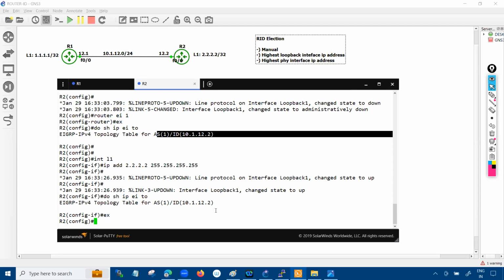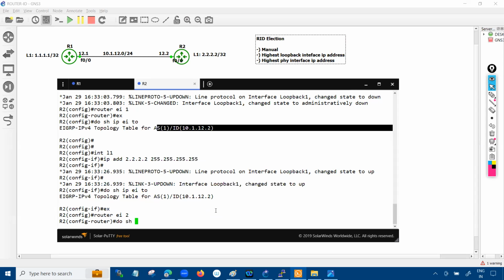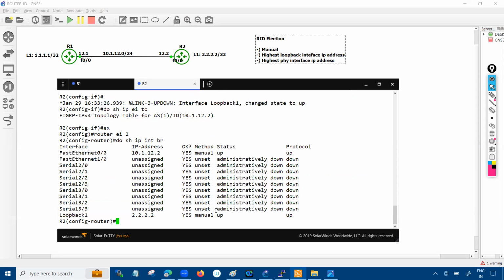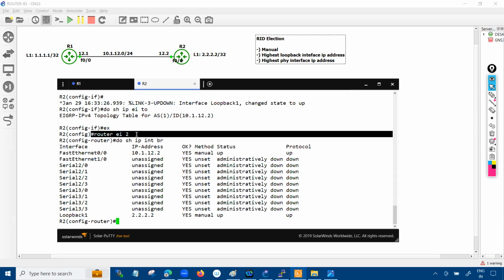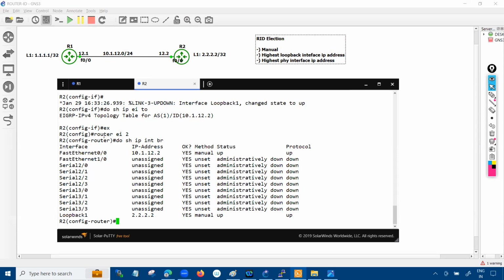But if I create another autonomous system number on router number 2 right now, I say router EIGRP number 2. In that case, if you do show IP interface brief, what happened? I just said router EIGRP number 2, right? Now for this particular autonomous system number, the router is going to pick the router ID. It will pick loopback 1. I haven't defined it manually, so it will go with loopback number 1. So if you see the do show IP EIGRP topology,